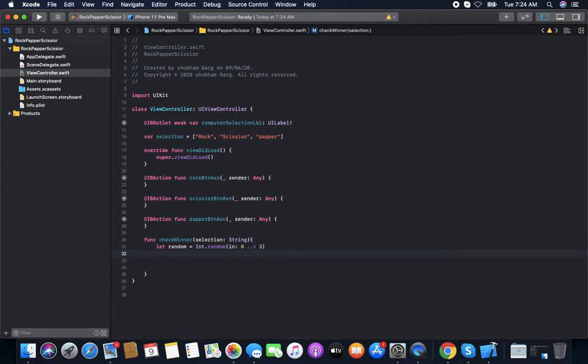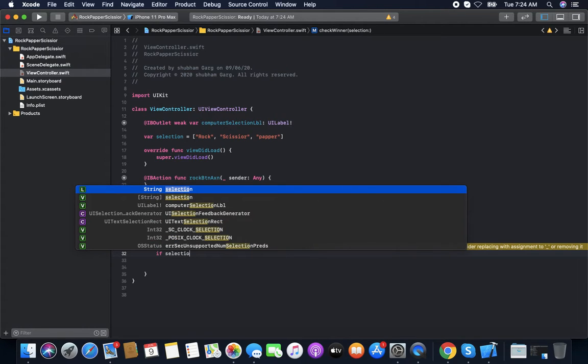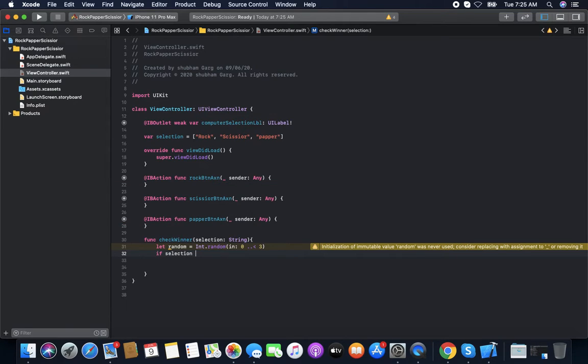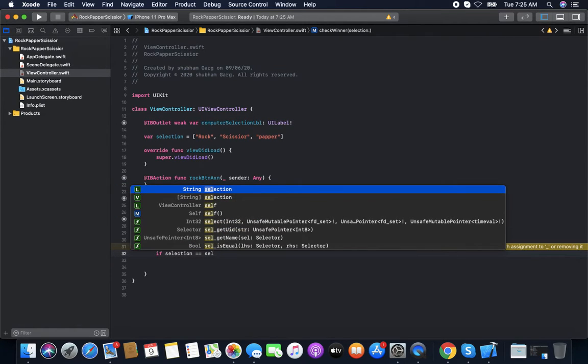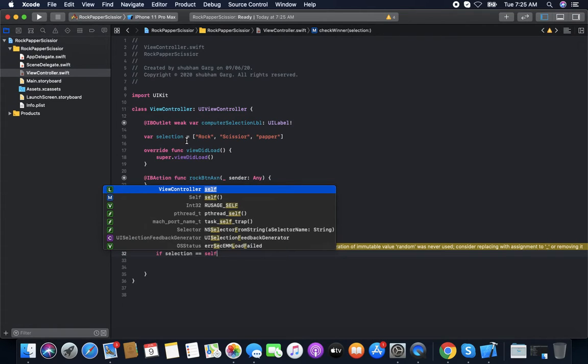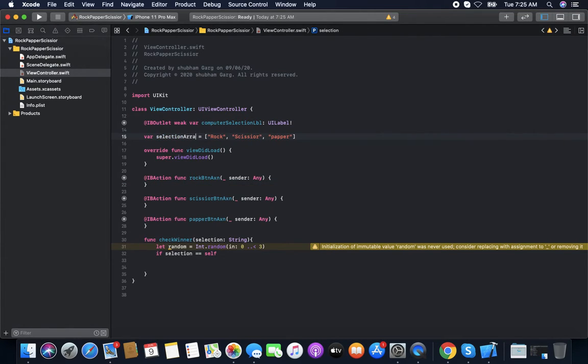Now we check the conditions. If selection equal to, we convert it to the selection array dot random.